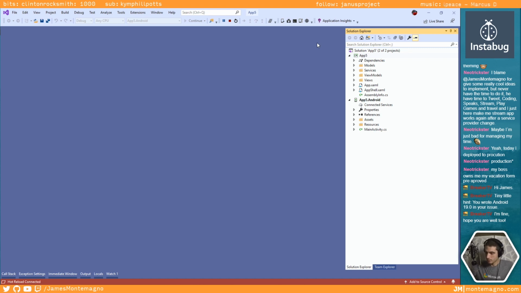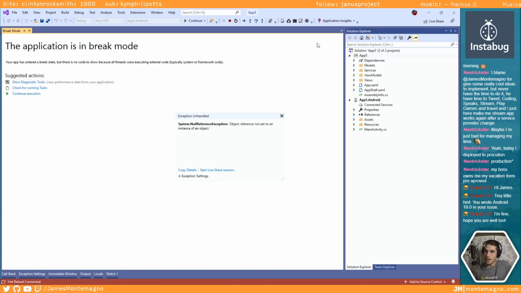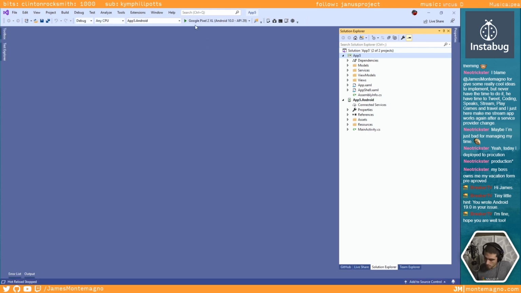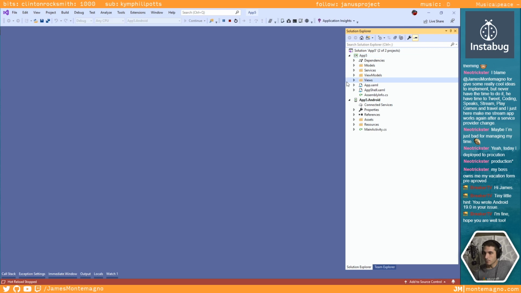All right, so I got my app shell. This is good. Then if I change it to dark theme, crash, bam. Perfect, that's good then. Now what I want to do, I want to see if